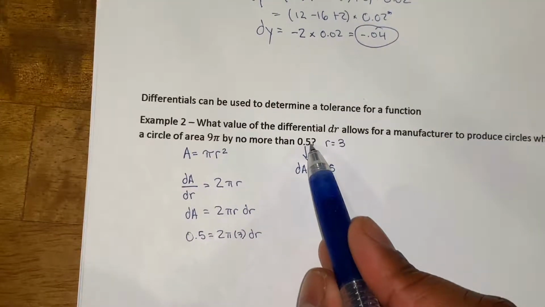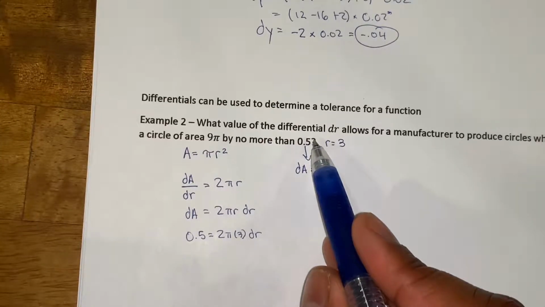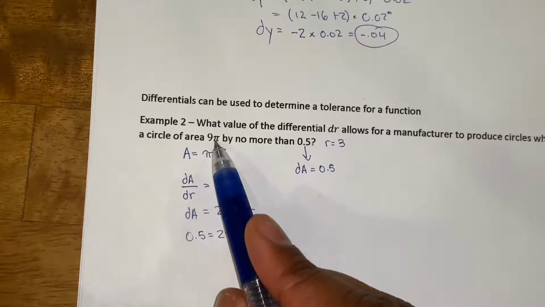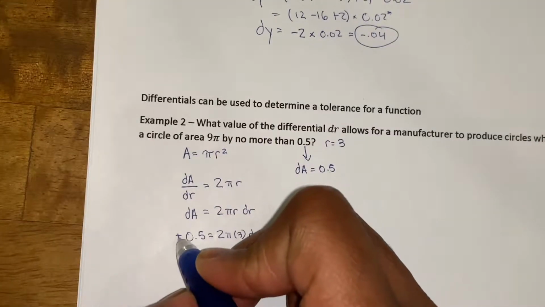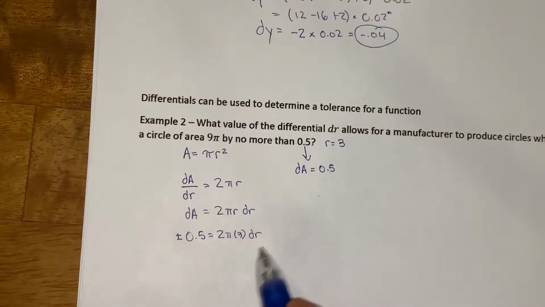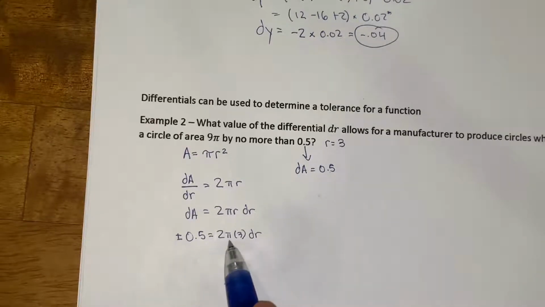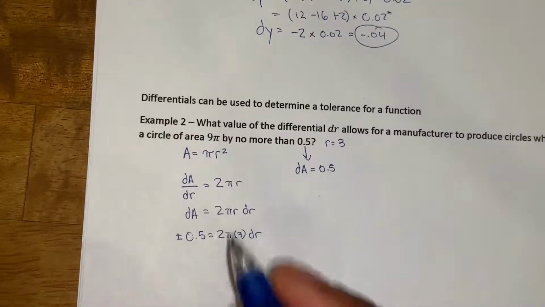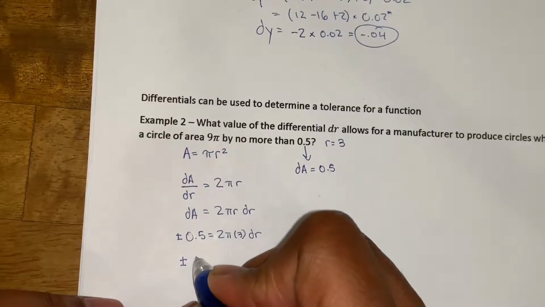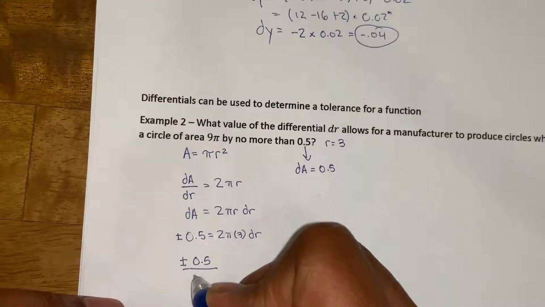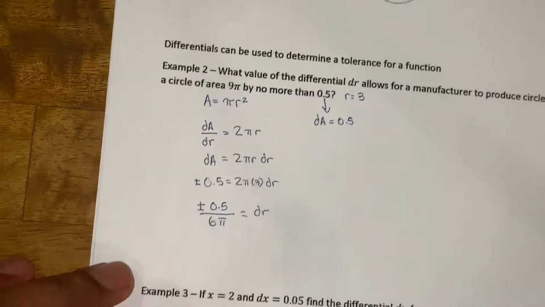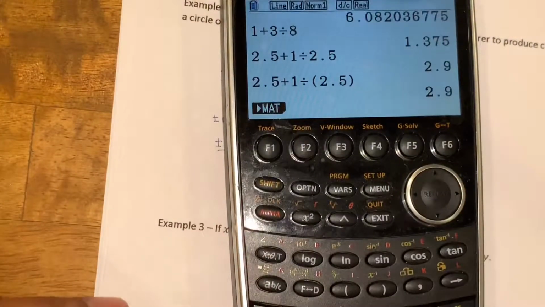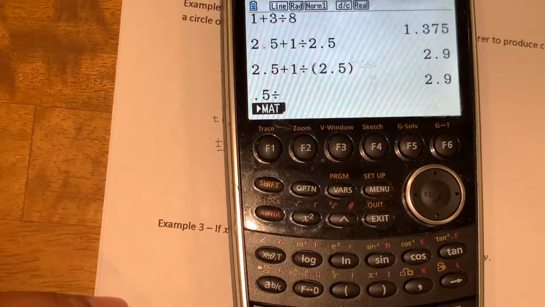This difference of 0.5 means we can be 0.5 above 9 pi or 0.5 below. So at this point we'll put plus or minus. To solve for dr, we want to divide this entire thing by essentially 6 pi. So plus or minus 0.5 divided by 6 pi is equal to dr, and that would be 0.5 divided by